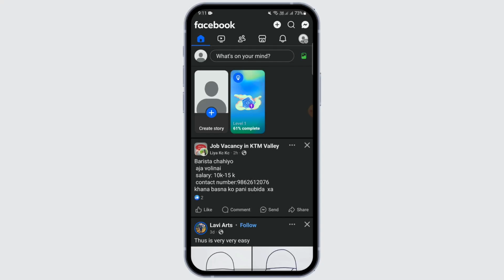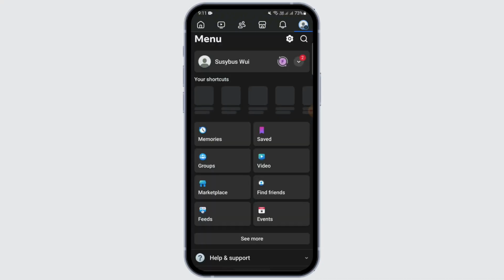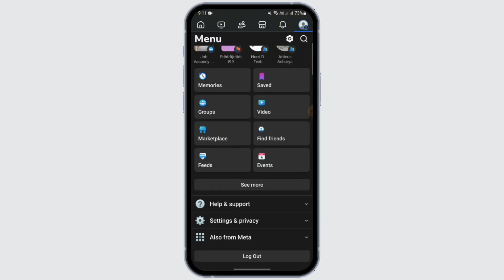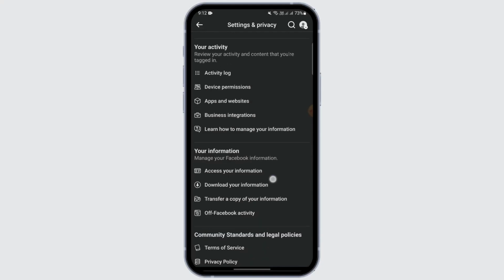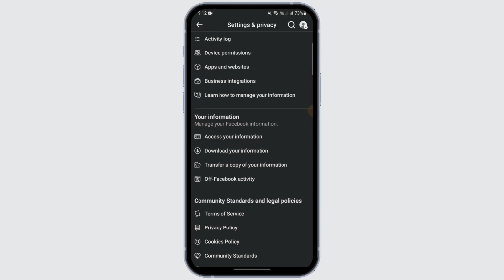So in order to recover the deleted messages, you need to open the Facebook app, not the Messenger. After that, simply tap on your profile. And when you scroll down a bit, you'll be able to see settings and privacy. Just simply tap on settings. And here, when you scroll down a bit, you can see this download your information option